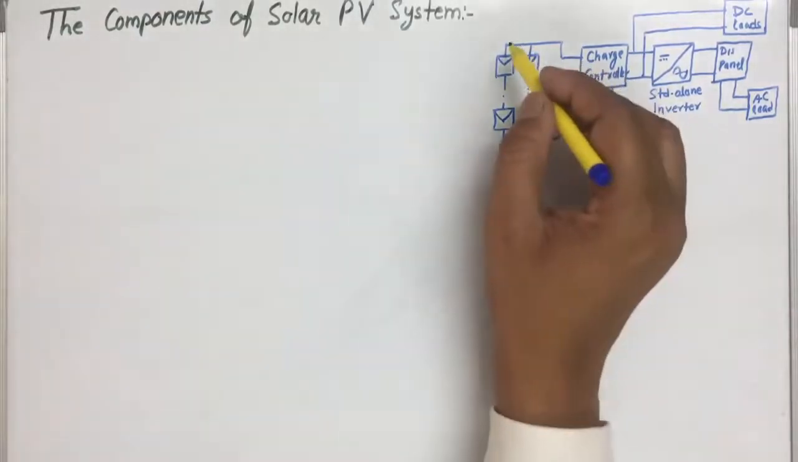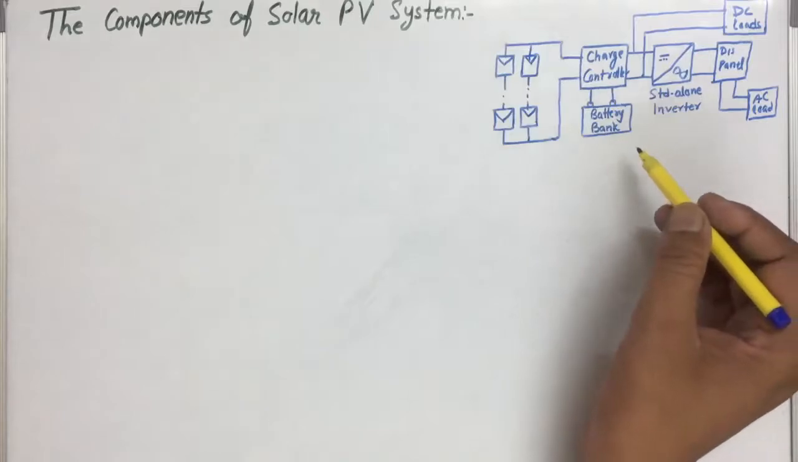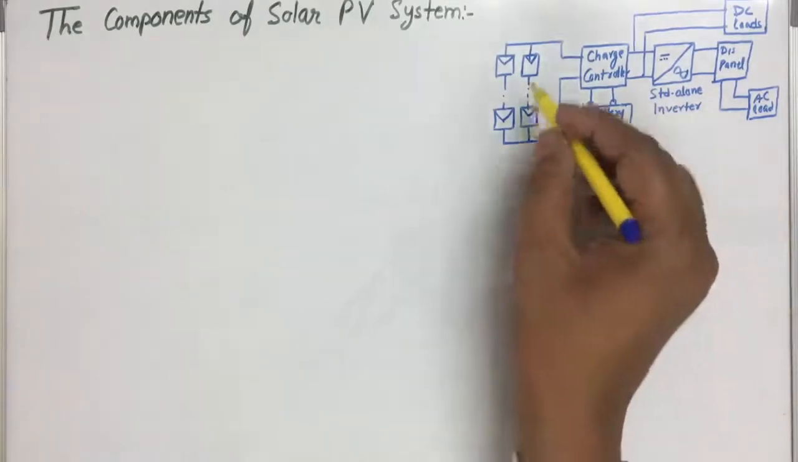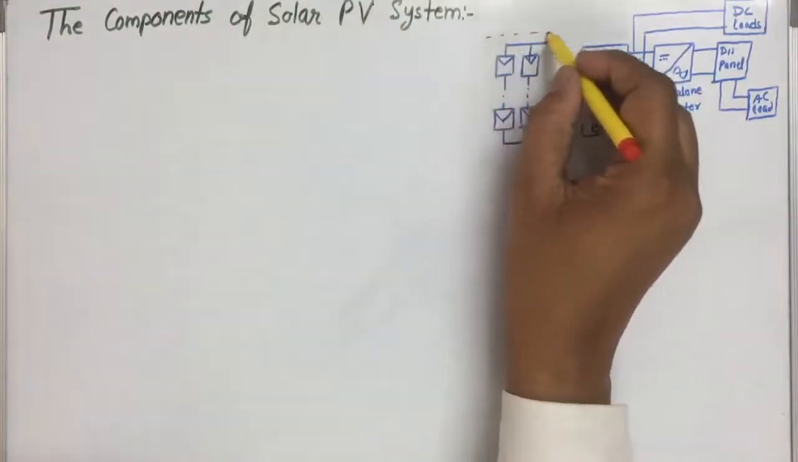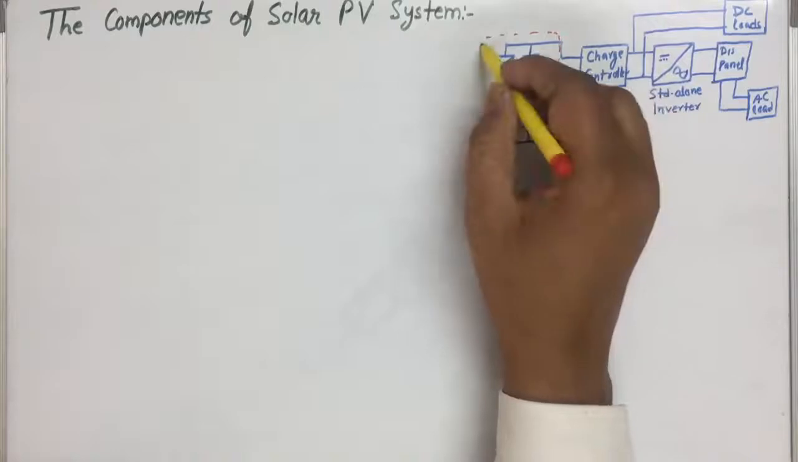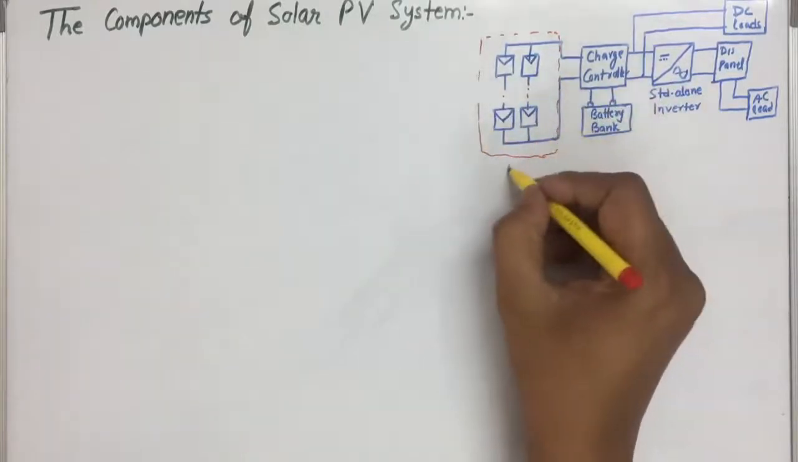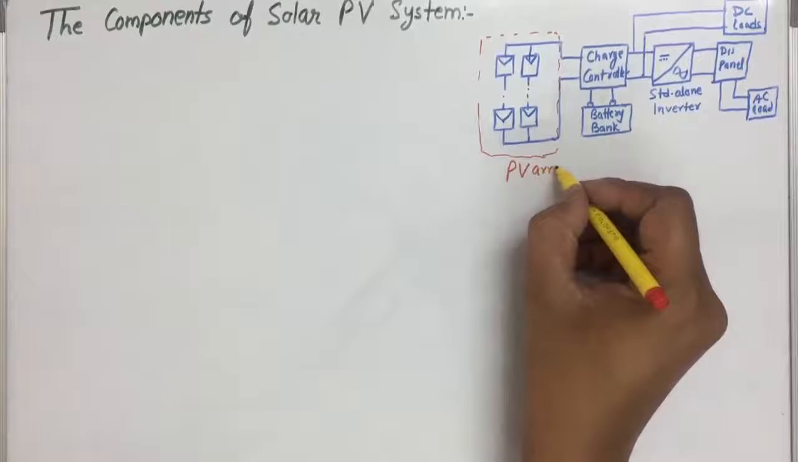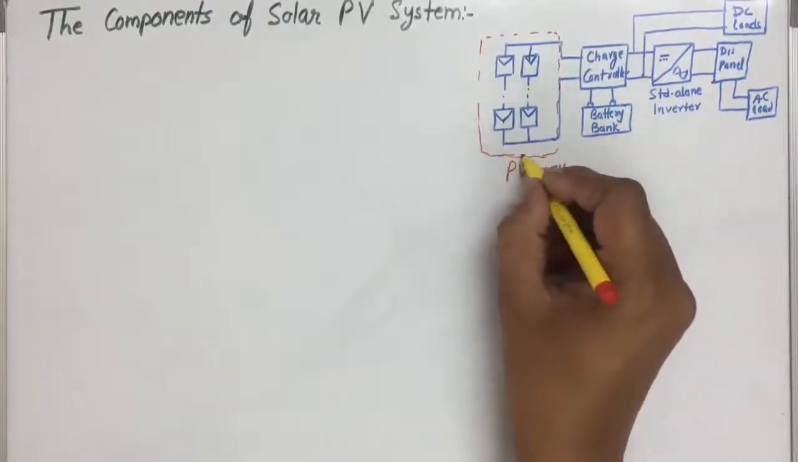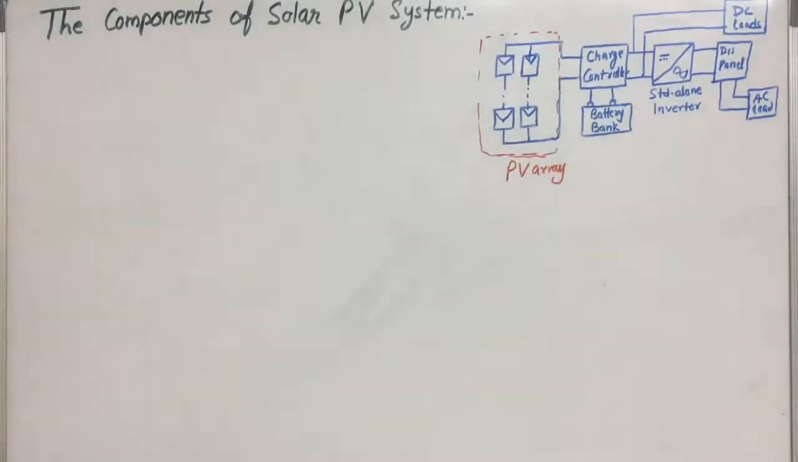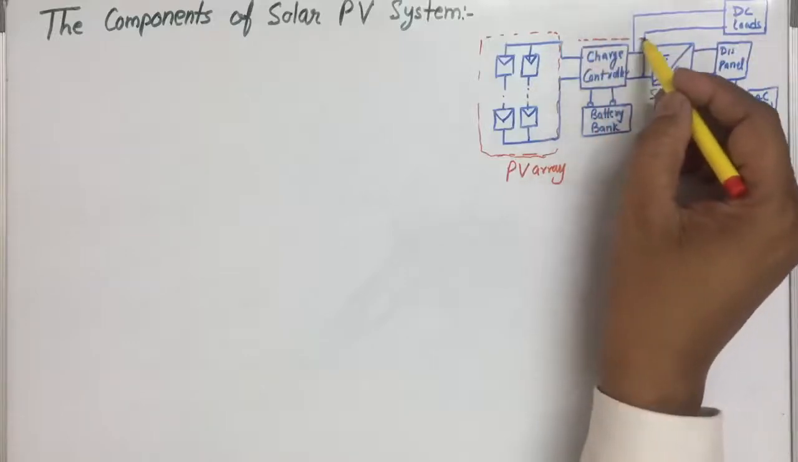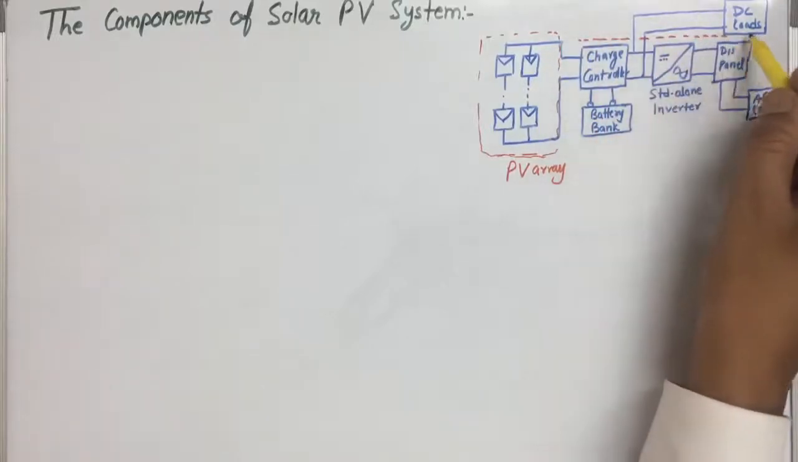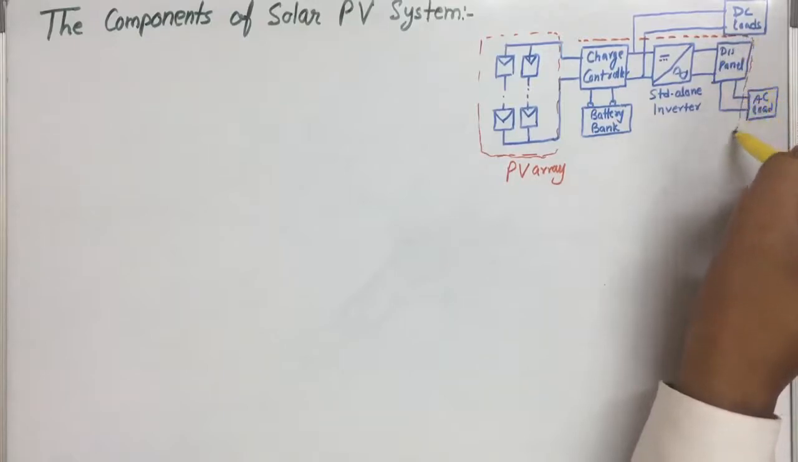Here there are two main components. The first one is this one, that is PV array, and the second one, except PV array and the load, the remaining part of the system, that is the